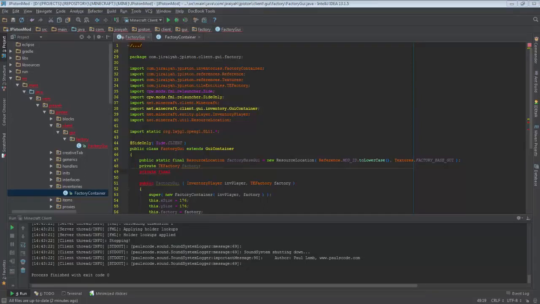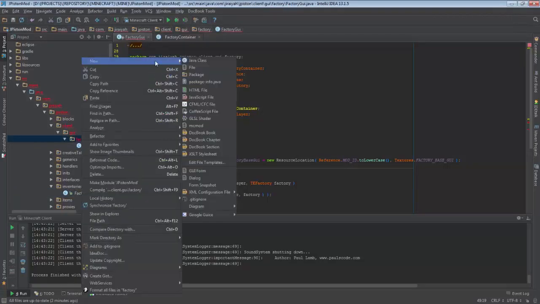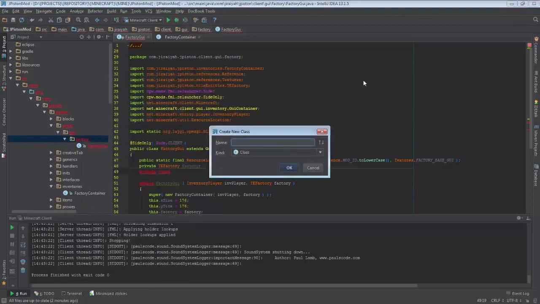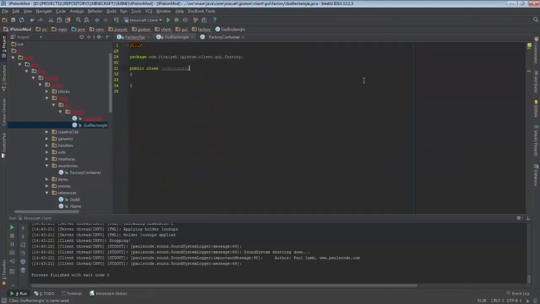What is that? Well, I want a new class. This will make my job a lot easier later on, and we call it GUI rectangle. Okay? Rectangle. GUI rectangle